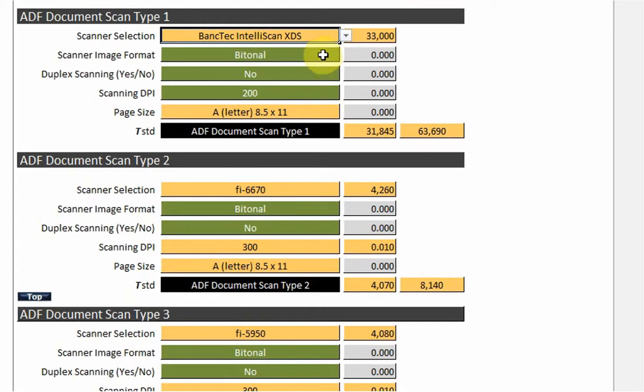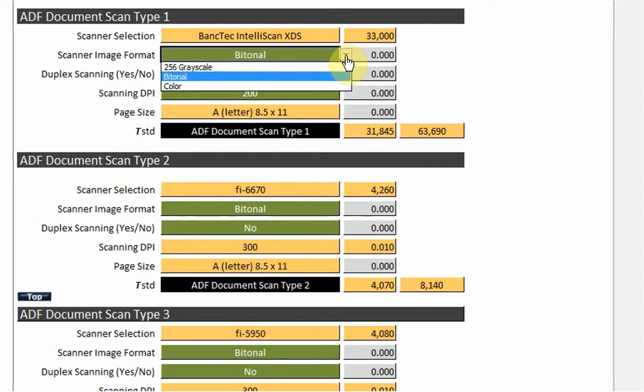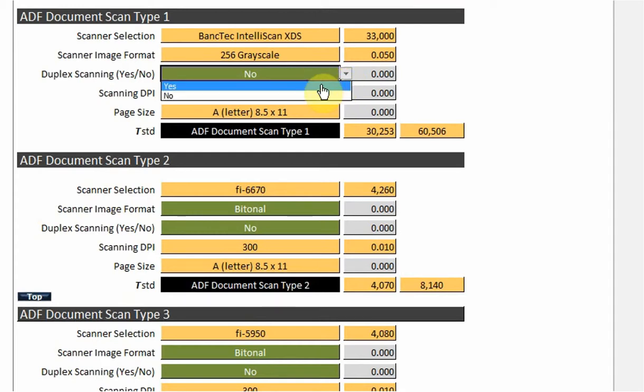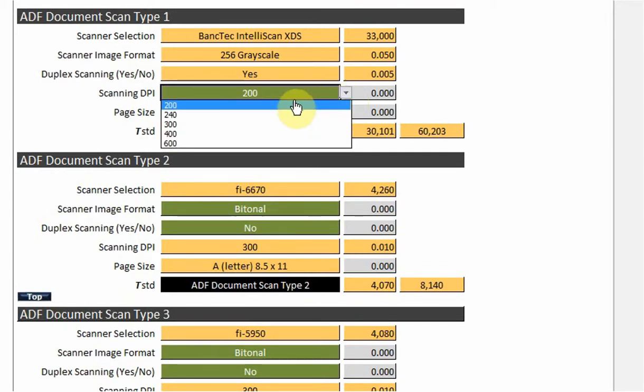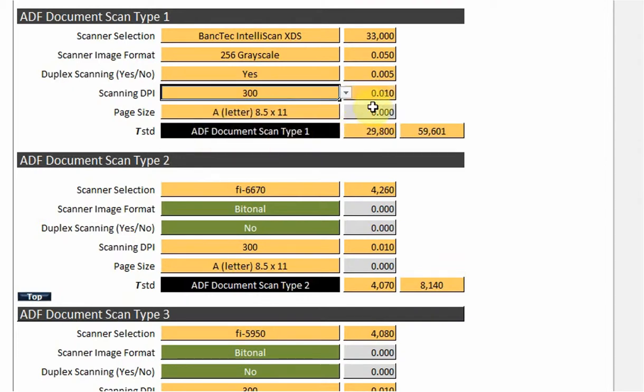Here in this scanner image format, you see bitonal set as the default. As I change this to grayscale, you will see a number entered as the impact on scanning. Next, for the deep duplex scanning option, no is the default. But again, as I click to yes, we have a number here entered as the factor against performance. On the DPI, 200 DPI is the default, but as I select a higher DPI, again you'll see the impact